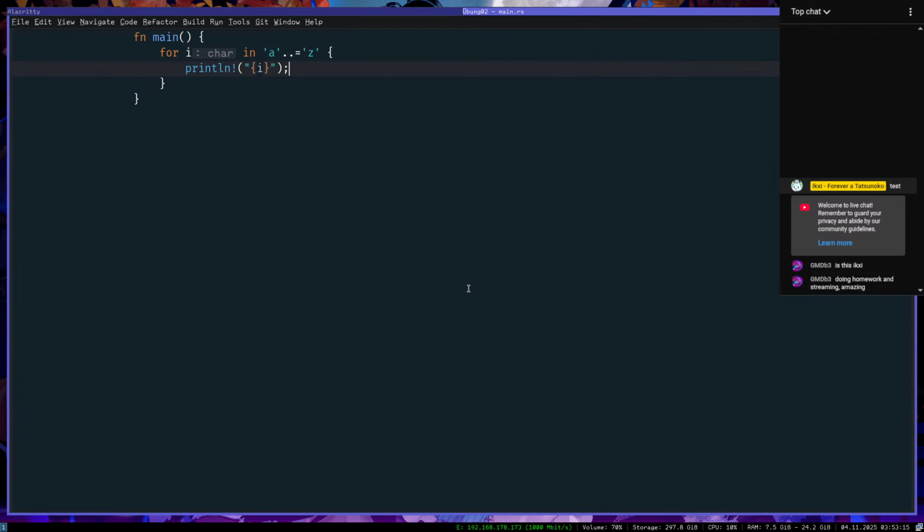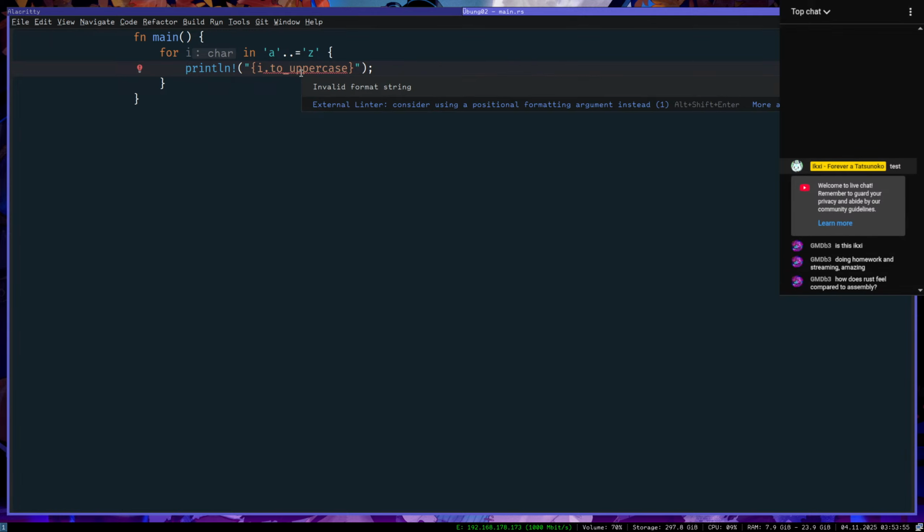Then what I want to do is either just use the function to uppercase, the uppercase method on char in Rust. So if I do to uppercase, invalid format string.